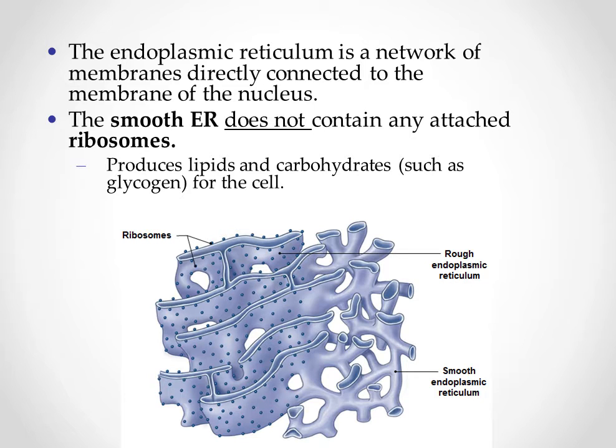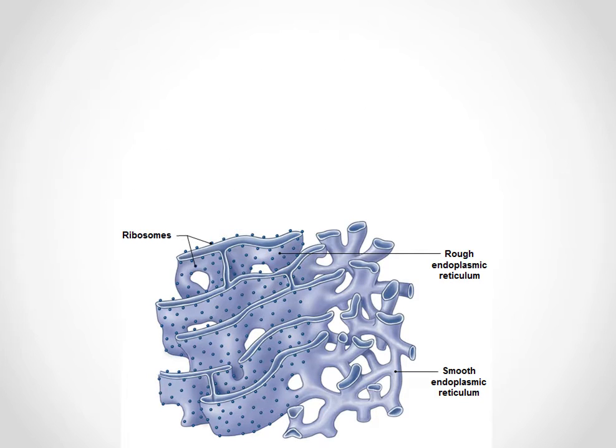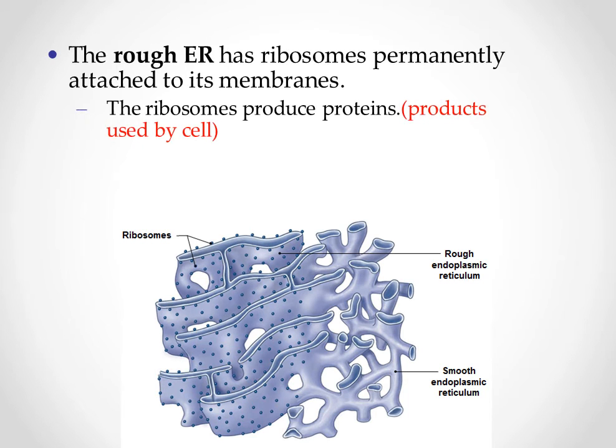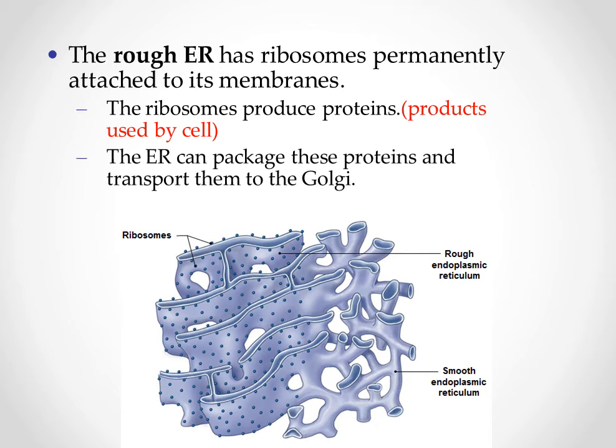If they do not have ribosomes, it's going to be the smooth ER. So if it's rough, it has ribosomes, and it's also going to produce protein. Both of these will either package or ship, basically move or transport